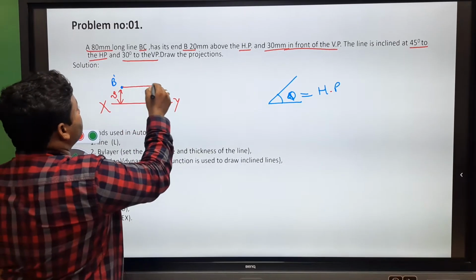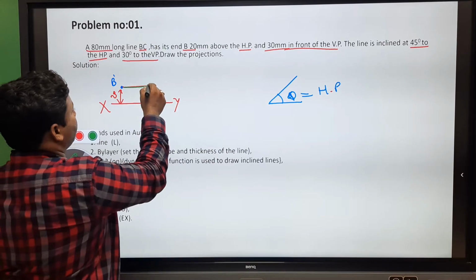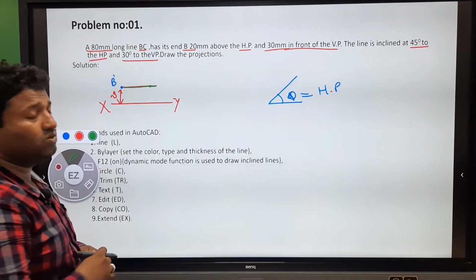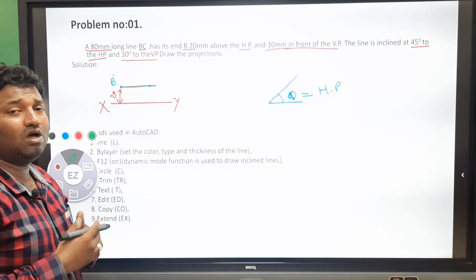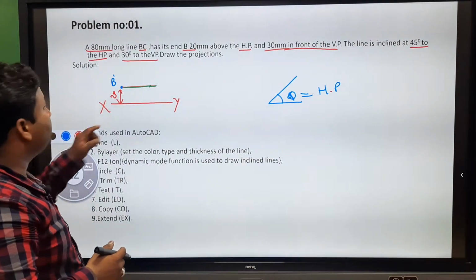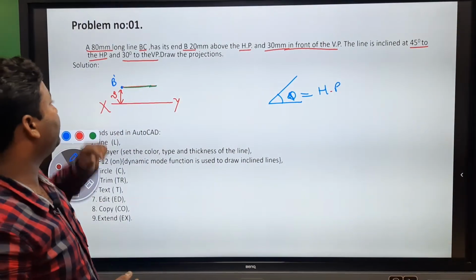So, here we will draw a line from this point by making an angle of 45 degrees, and the length of the line is 80 mm.